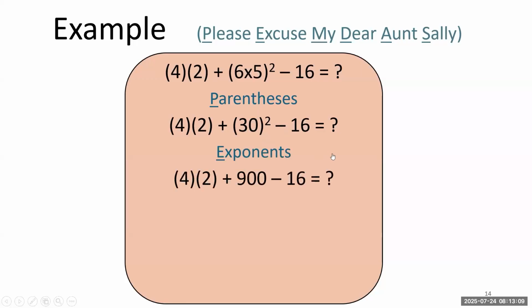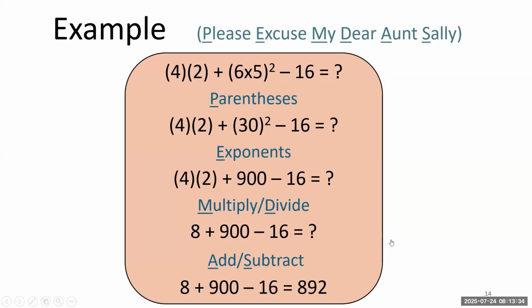So we're going to now move on to multiplication, the M of the PEMDAS. So we've got multiplication, 4 times 2. We know that's 8, okay? Now we've got to divide. We don't have any division, so we're going to move on to the next ones. We have addition and subtraction. So now we can just take what's written here, plug that into the calculator, or do it in your head if you want, and that's going to give us an answer of 892. So if we go at this equation in the wrong order, we might get a totally different answer, which is why it's important to remember this particular order of the PEMDAS when you're going through those equations.